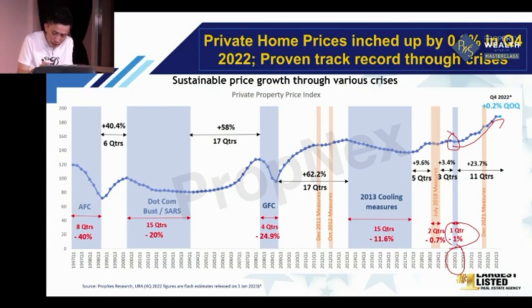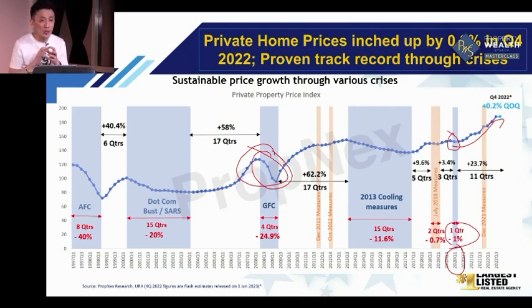But you look at this global financial crisis. This is the one that I really want to tell you. At that point of time, a property in 2008 could drop to $1,001 per square foot. In 1 year it dropped to this kind of price. Everybody was so shocked and scared. But why? Because at that point of time, there was no cooling measure. That time, everything was all what? Just show $200,000 to the bank, they can run you a loan.